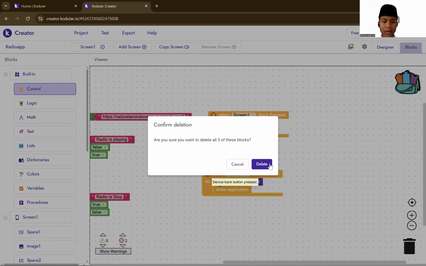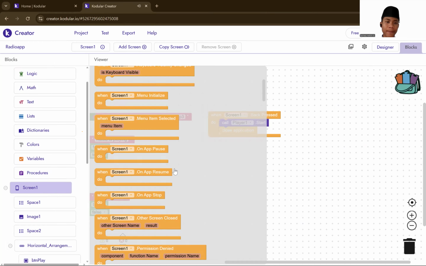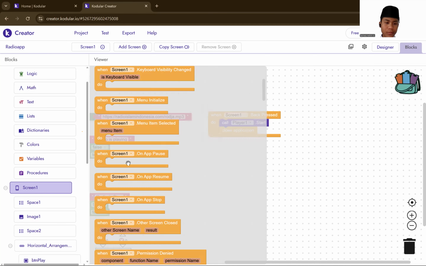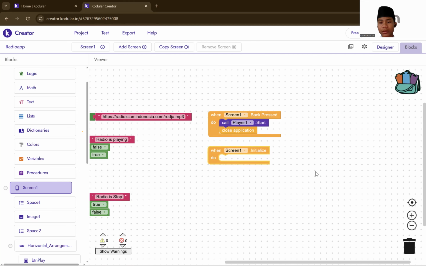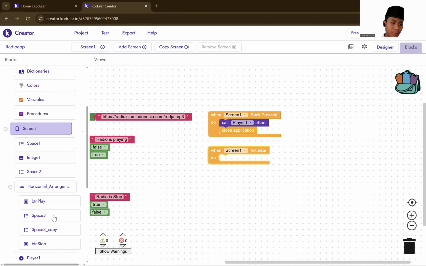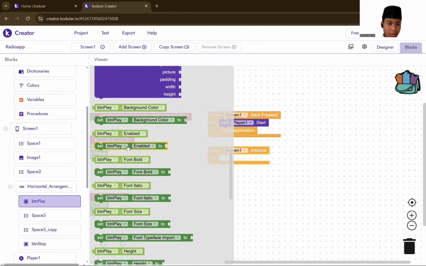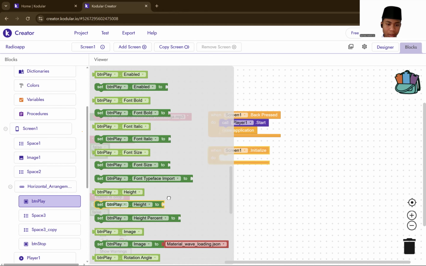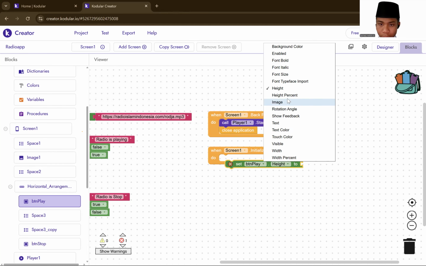Okay, if done, you copy this and delete, and go to screen one again, and then you take this, yeah, screen one initialize, and you go to btn play, btn dot this, you take this, and then you change this to visible.